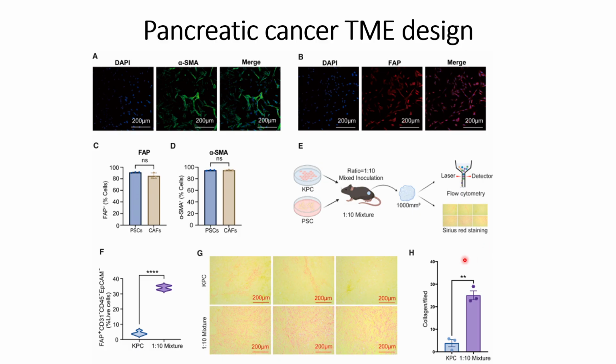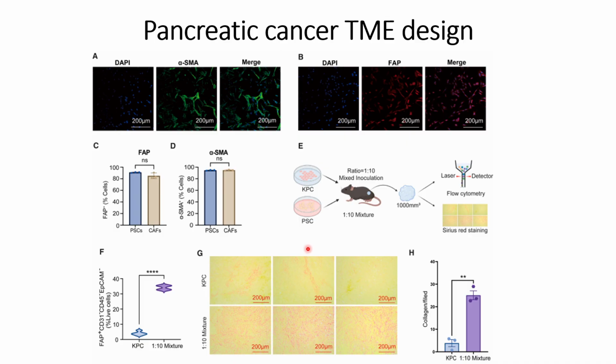So far they have not come to that point in this first figure, and this is not the completed first figure. We will discuss the other part of this first figure in our next videos. Here they have only checked whether 1:10 inoculation of KPC to pancreatic stellate cells will provide a TME that is more in line